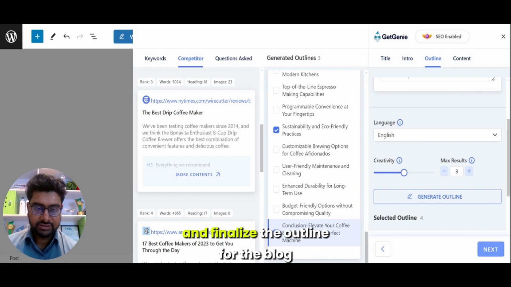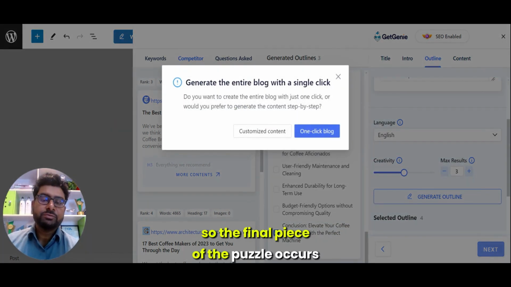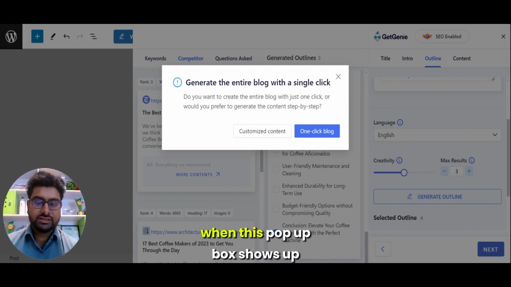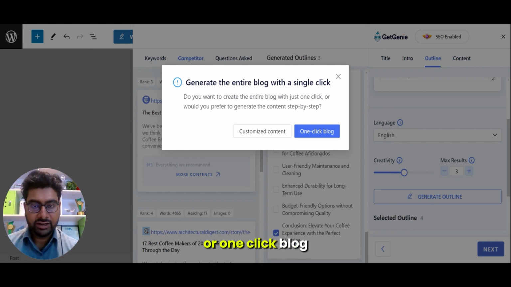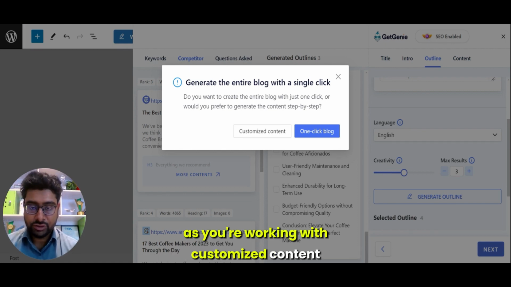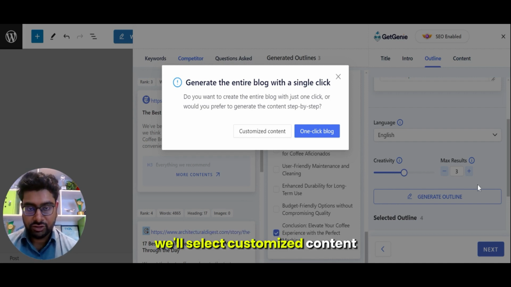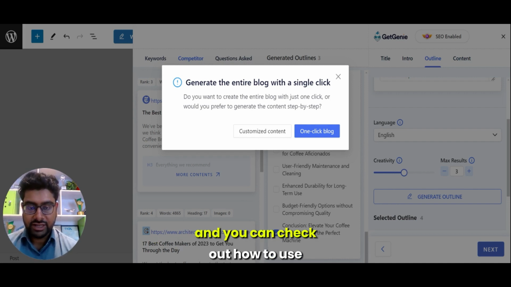And finalize the outline for the blog. So the final piece of the puzzle occurs when this pop-up box shows up. It asks you to either select customized content or one-click blog. As we are working with customized content, we will select customized content, and you can check out how to use